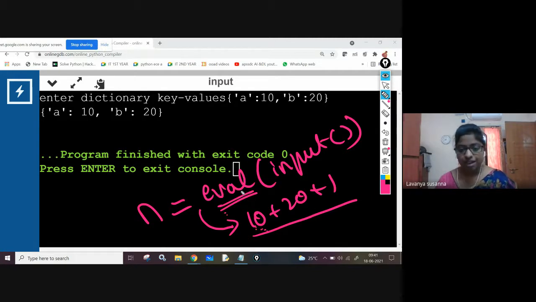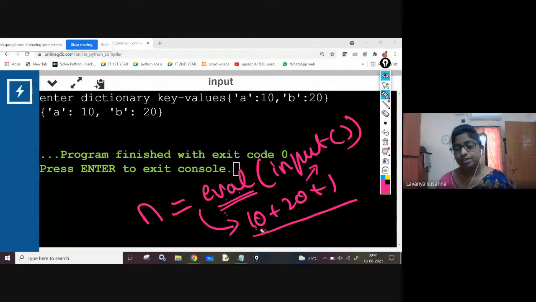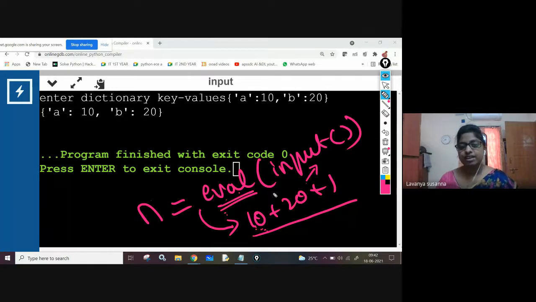Here in the eval function, what will it do? Inside this eval function, there is the input function. This input function will take 10 plus 20 plus 1, but the eval function will calculate the result of 10 plus 20 plus 1. If you are passing an expression, the eval function will calculate the result. If you are entering a dictionary, it will understand and take it as a dictionary only.